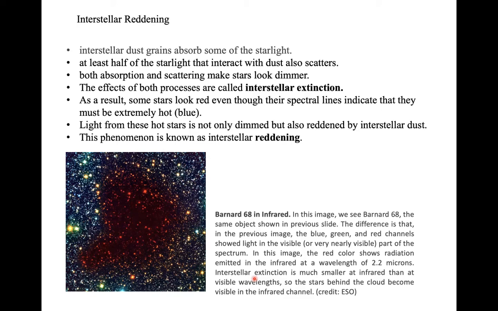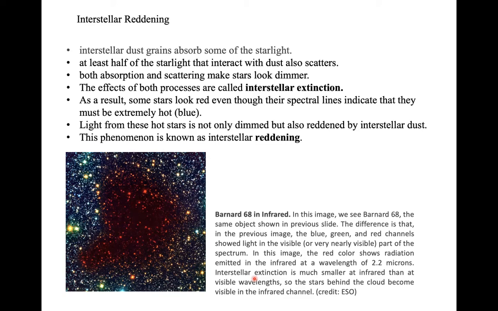Now what has actually happened is this light has to come through the interstellar matter. When it comes through, the dust particles either absorb or scatter some of this light, which means when you measure the brightness from Earth, you are not measuring its actual brightness. You have lost some of the data because of this process called interstellar extinction. So you have to make a correction for that, which I will not talk about here,